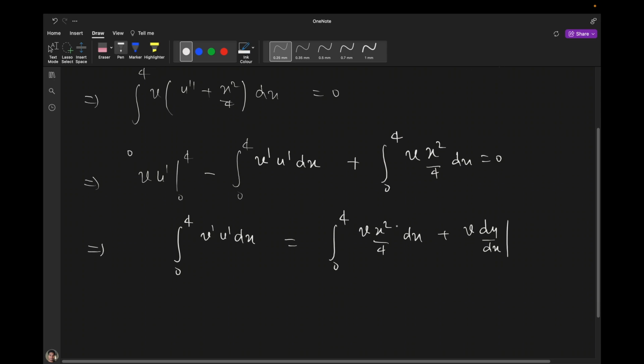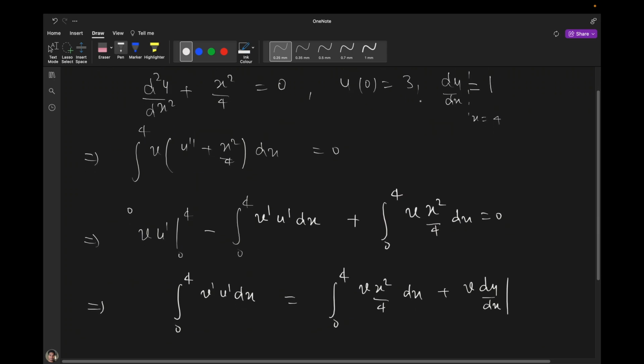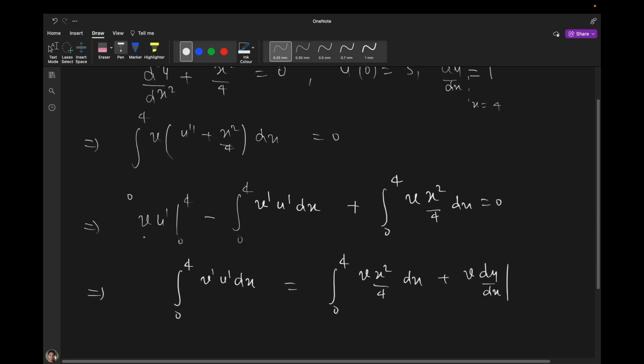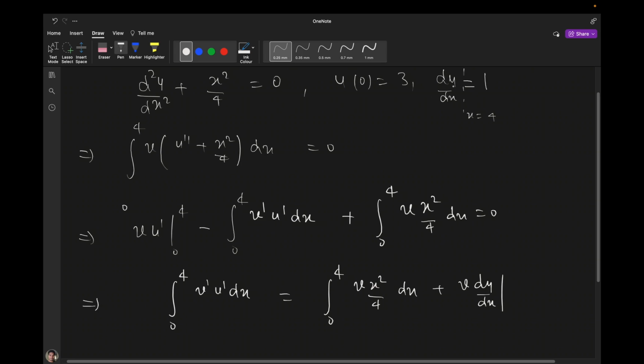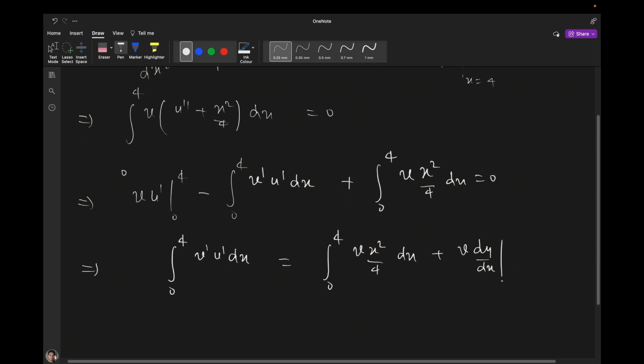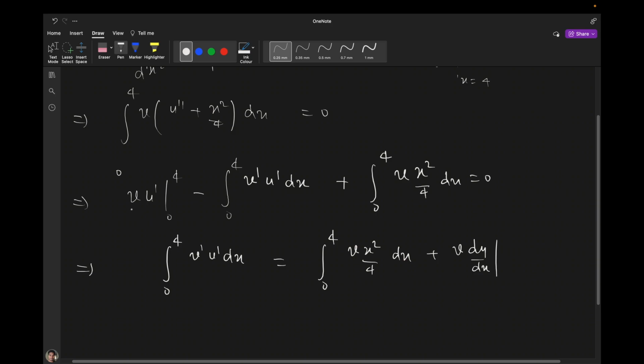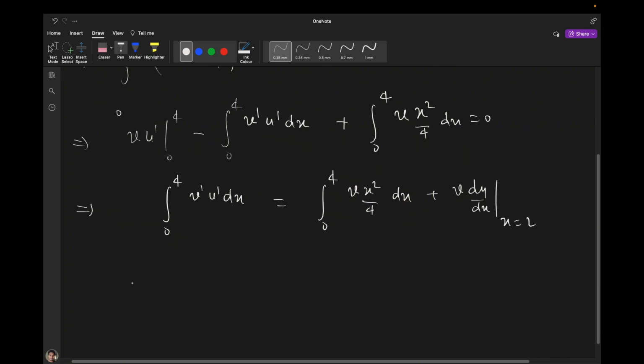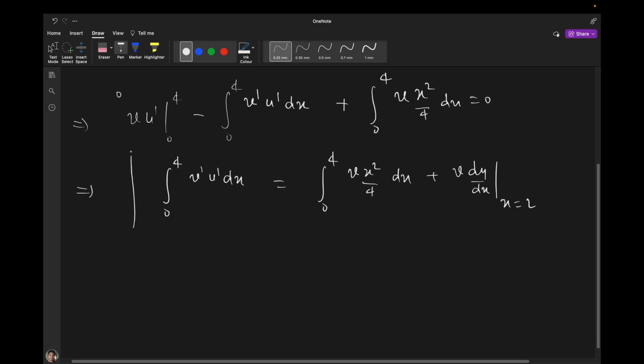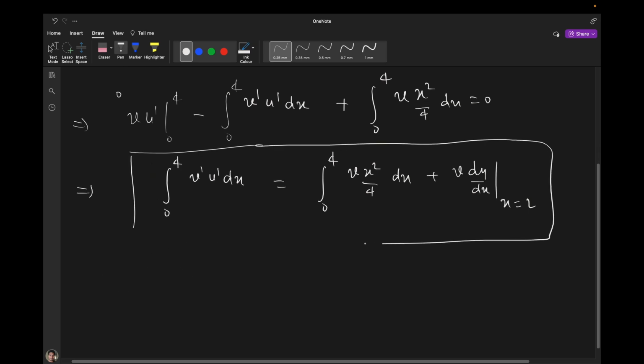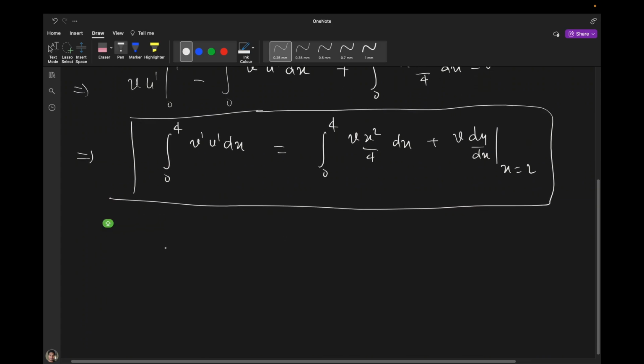And here we are taking u(0) equal to 3, which means the variation, since it should be arbitrary, we can select v(0) equal to 0 when x equal to 0. So this lower limit will become 0, but the upper limit will survive because we are using the Neumann boundary condition. That's why when x equal to 0, v becomes 0. So x equal to L will survive here. So this is the variational statement which we are using to solve using the finite element method.